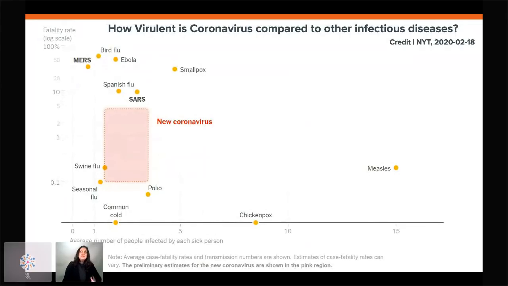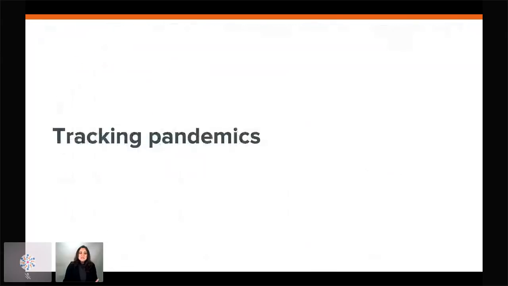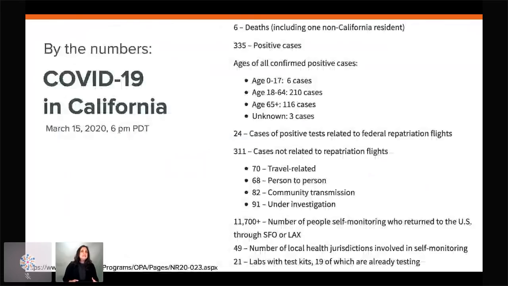But we have some tools that we can now use. So let's talk about how we might be able to track a pandemic like this virus. These are some of the stats that I get in the state of California because I'm part of the California Health Action Network. And pretty much every day, sometimes twice a day, I'm told what's actually going on. So as of yesterday evening, there were 6 deaths in California and a total of 335 positive cases. And again, I cannot stress this enough. We don't actually know how many total cases there are because we're unable to test a lot of people at this time. And that's hopefully going to be improving. But at the moment, that's how many deaths, and those are how many positive cases we have.